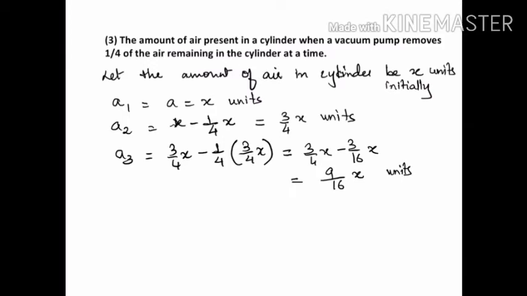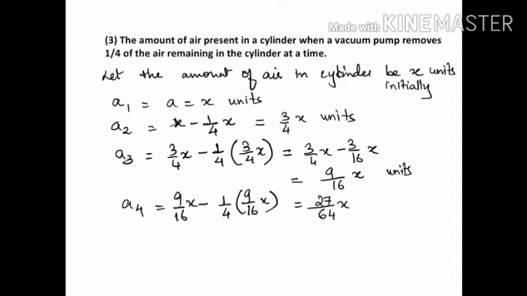This will be the third term. Likewise, we can find the fourth term, which will be obtained by subtracting 1/4 of the remaining gas from the gas that is in the cylinder. And on calculating this expression, we will get